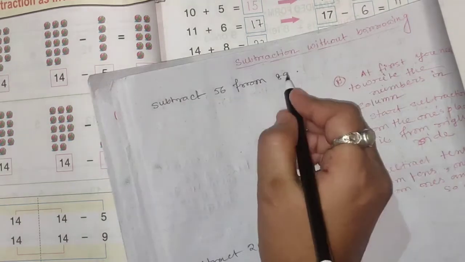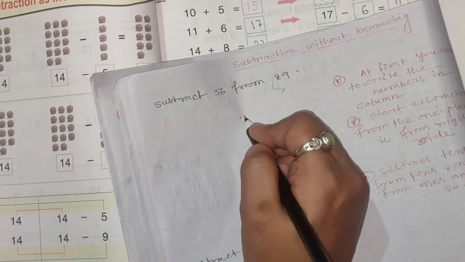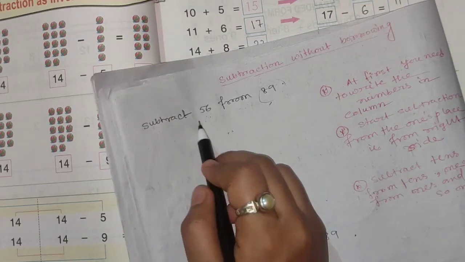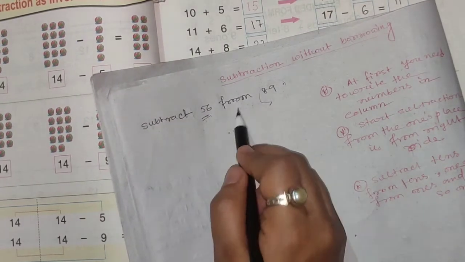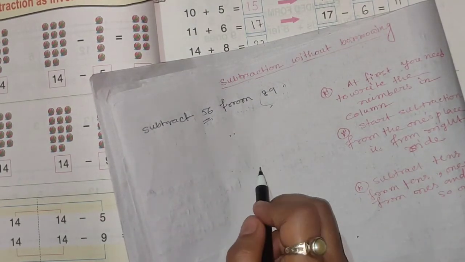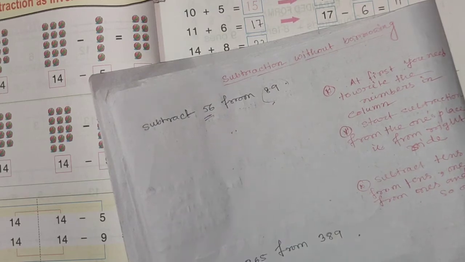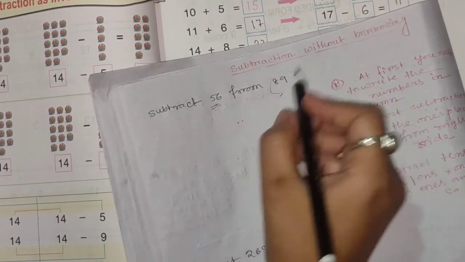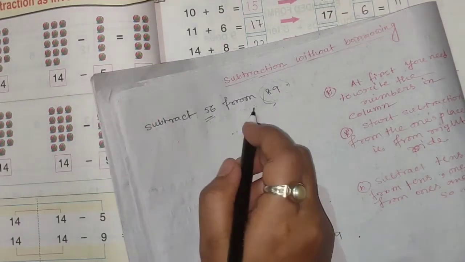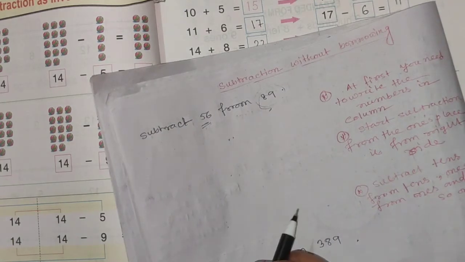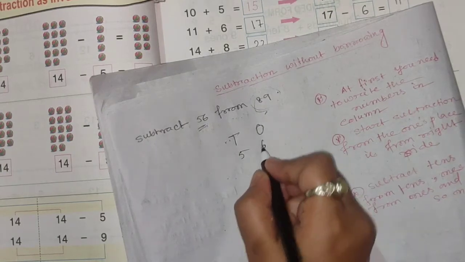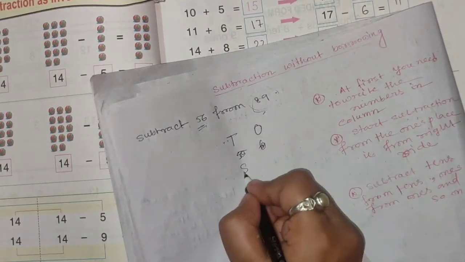So, from which number you need to subtract? That number will be written at the top, and the number which is subtracted from any number will be written at the bottom. Okay. So the number from which we subtract will be written at the top, and the number that is subtracted will be written at the bottom. So, from 89 we need to subtract, so 89 will be written at the top